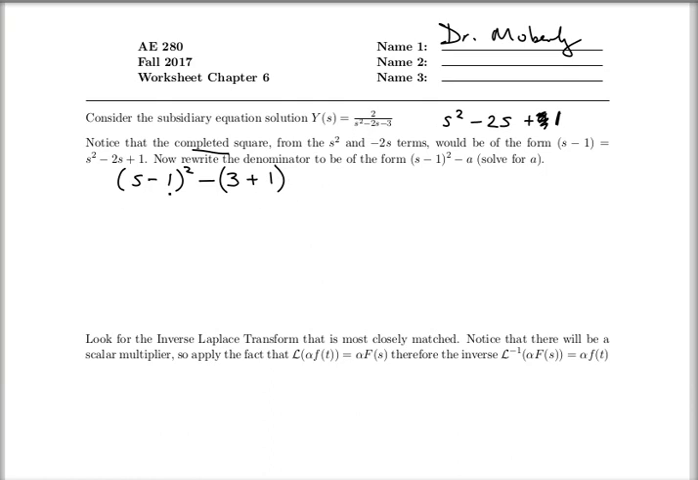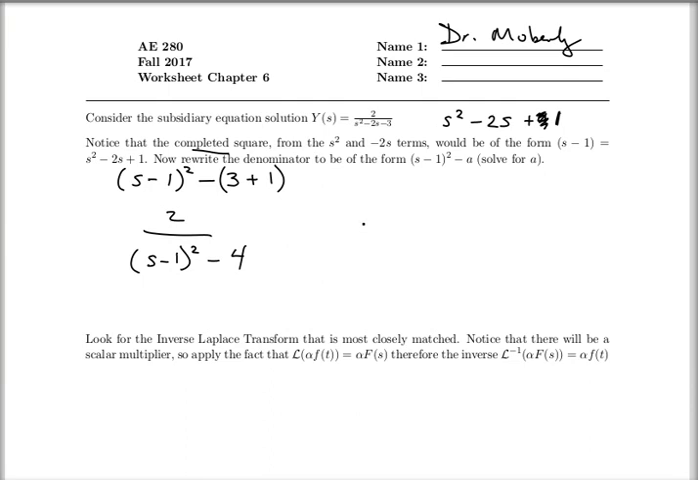If we spread this out, it's going to be s squared minus 2s plus 1 minus 4, which is the same as s squared minus 2s minus 3. So we're looking at an equation that is 2 over s minus 1 squared minus 4. Looking back at the table, this appears to be